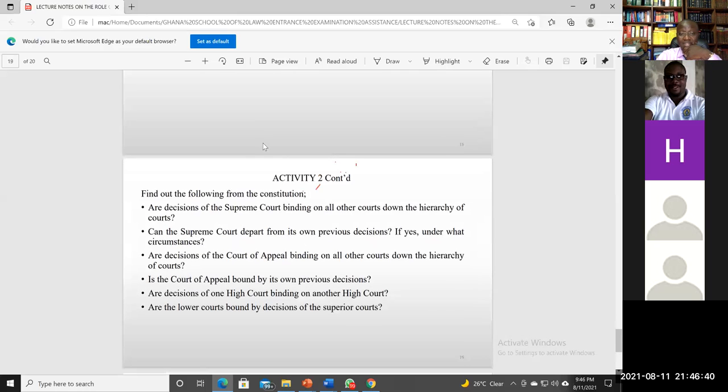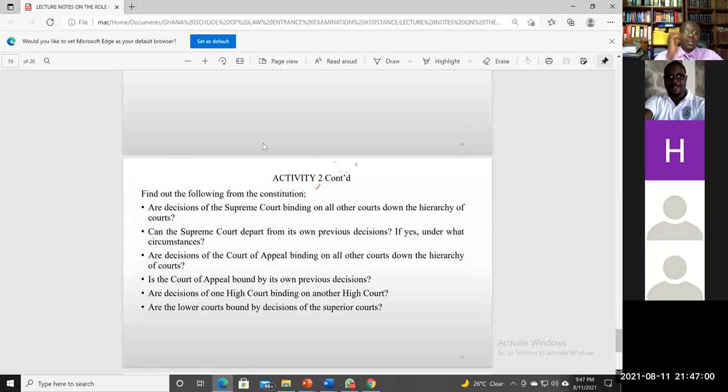Yeah, so I think that you look at your constitution and you ask yourself, and of course you provided the answer already. So thanks, Bex. Is a decision of the Supreme Court binding on all other courts down the hierarchy of the courts? Yes, the answer is yes. And the authority is what? Article 129 clause